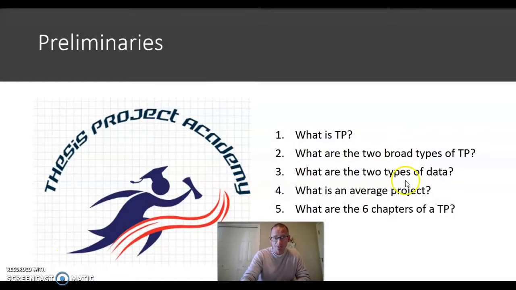Chapter 4, by the way, is a discussion of what you intend to do. Writing in future tense of what you will do with your project. Chapter 5 is what you actually did in your project. And chapter 6 is what you learned from your project, conclusion and results. And so that is a thesis project paper, 6 chapters.